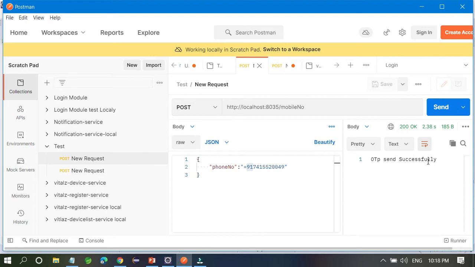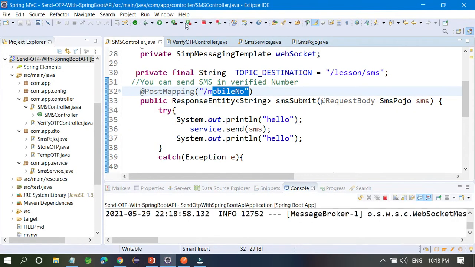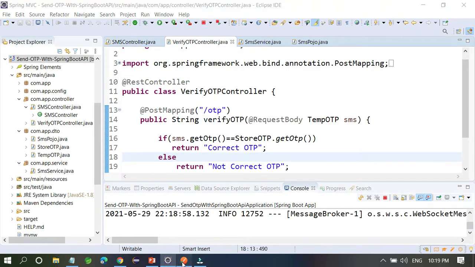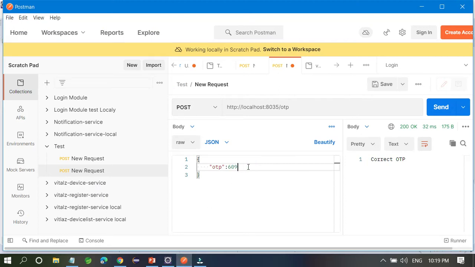Once you open your mobile, you can see an OTP has been sent to the phone number given here. I already got one SMS. I will check it. I have one more controller in my project, the verify OTP controller and its OTP endpoint, and I'm going to test whether this OTP is fine or not. I got the OTP and want to enter it. Just wait. My recent OTP is, now it's coming, 229082.